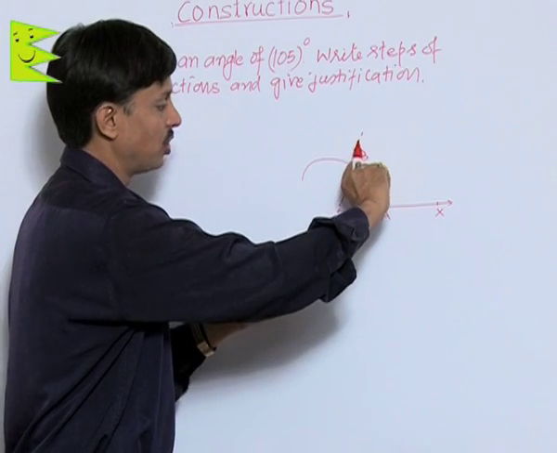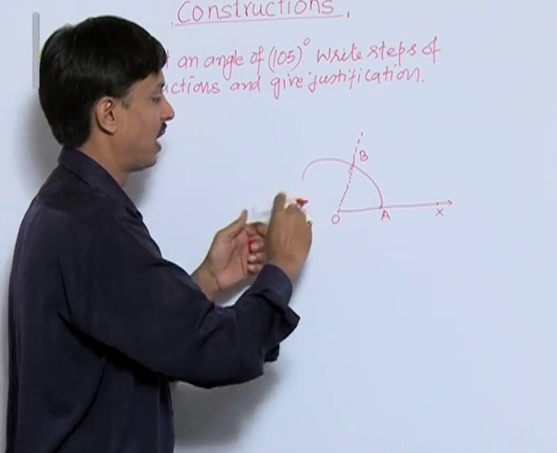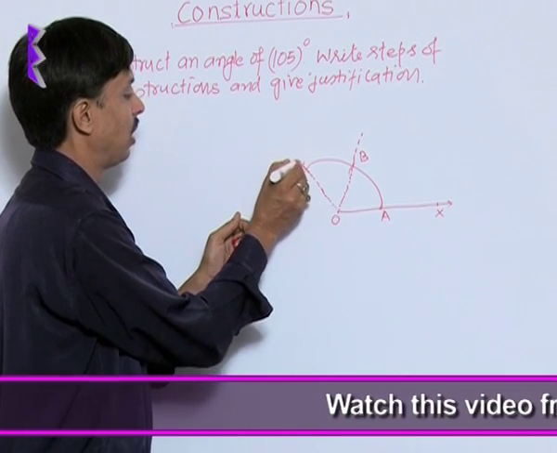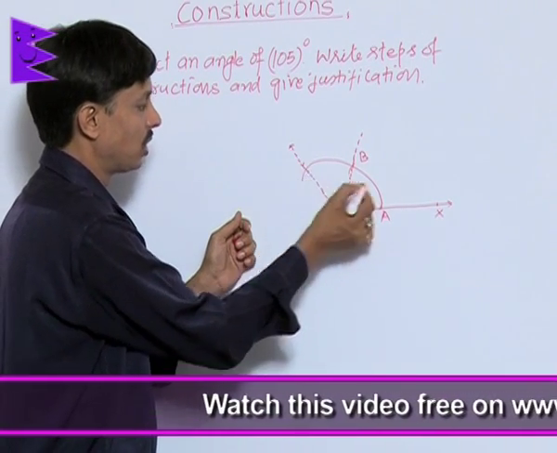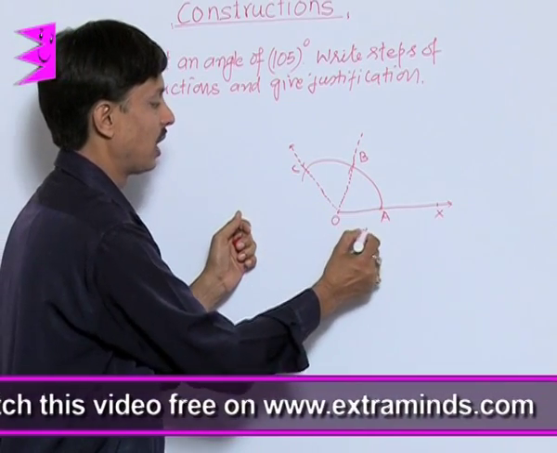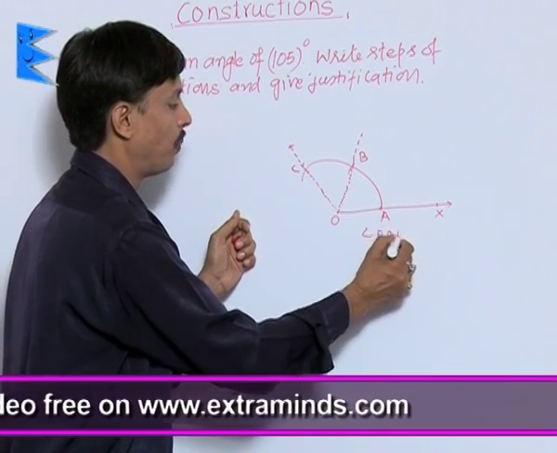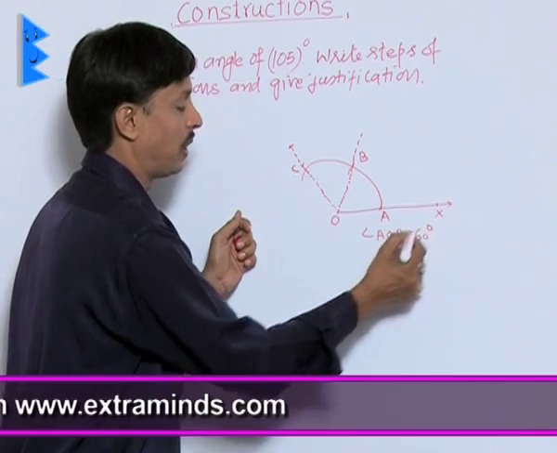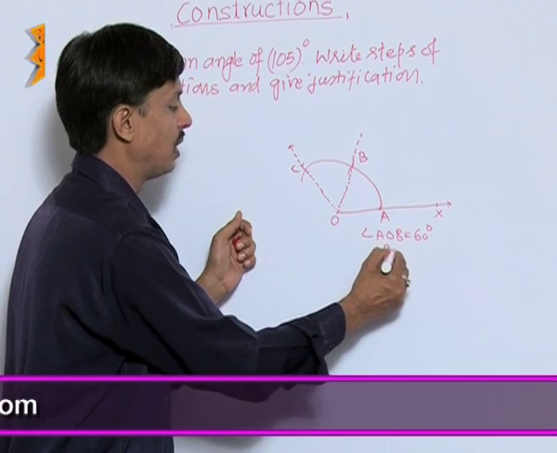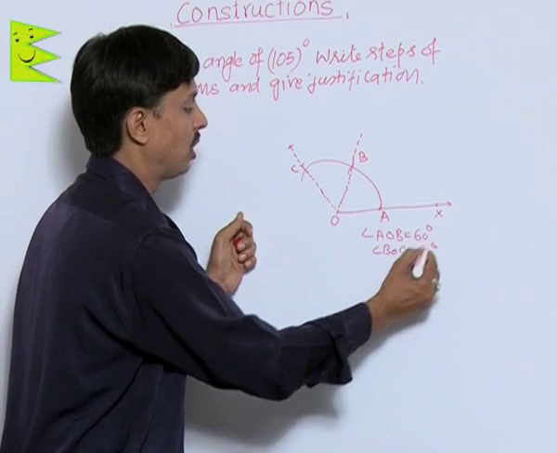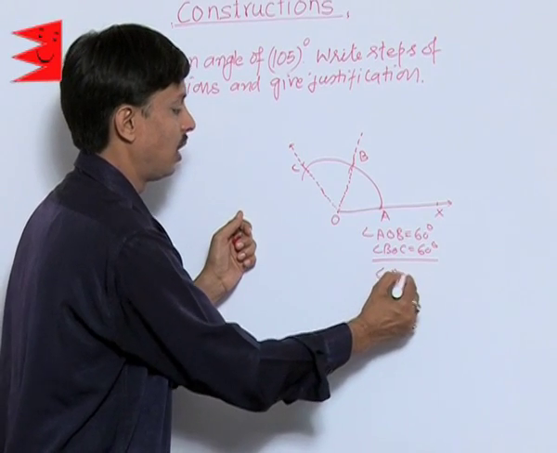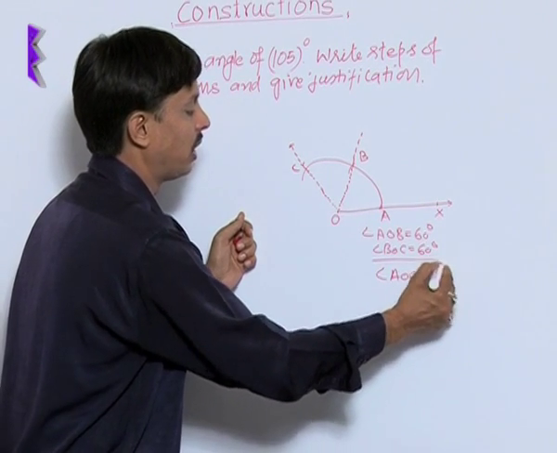Now without changing it, again mark an arc. Then you can find this is the new angle of 60 degree. So this complete angle, if I talk about AOC, here angle AOB is 60 degree as explained you. If same arc is taken, then angle BOC is also 60 degree. So their sum will give you angle AOC 120 degree.